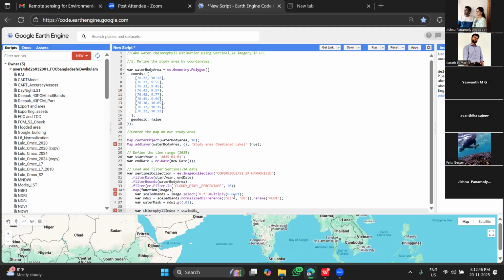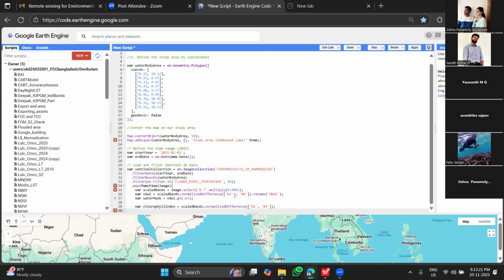So, selected bands of band 5 and band 4. If not returned to chlorophyll index,